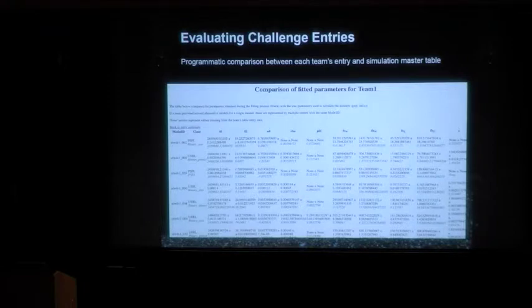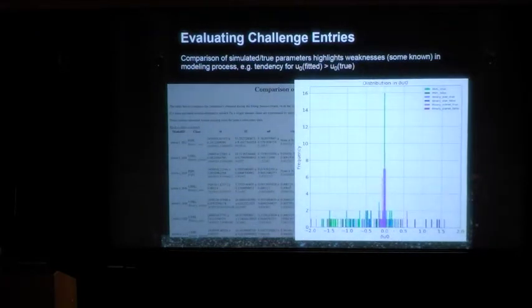So in addition to that, I did some analysis taking the difference of the original master table of parameters with those that were fitted in each case, and looked at the distributions of the difference from the original parameters. This naturally highlights some of the known weaknesses in microlensing, such as the degeneracies. For example, the u-naughts fitted tended to be slightly greater than the actual true values. That's something that we will return to at the end.